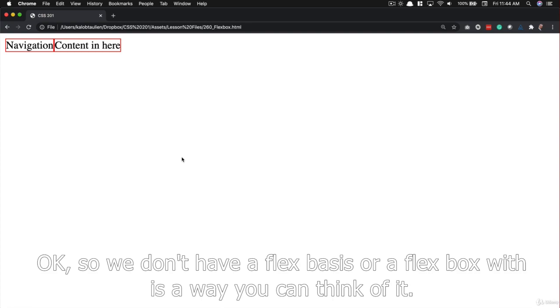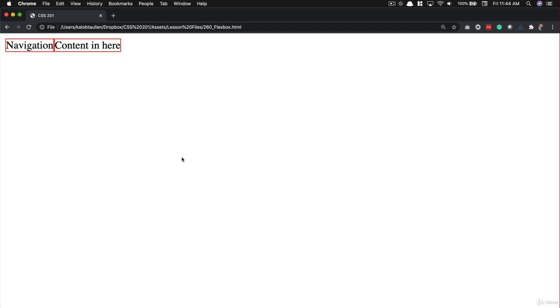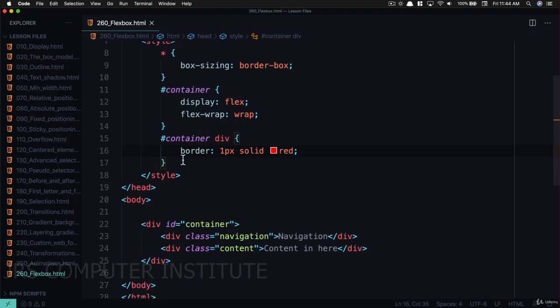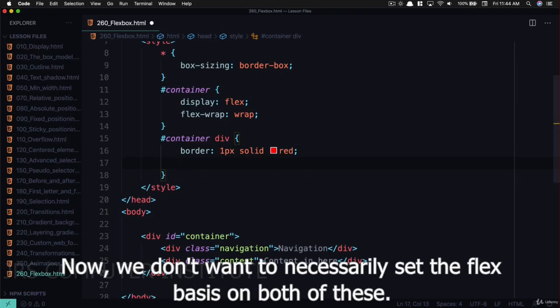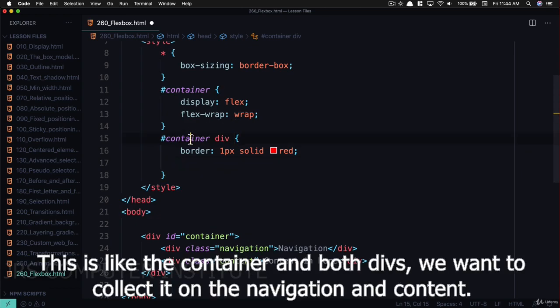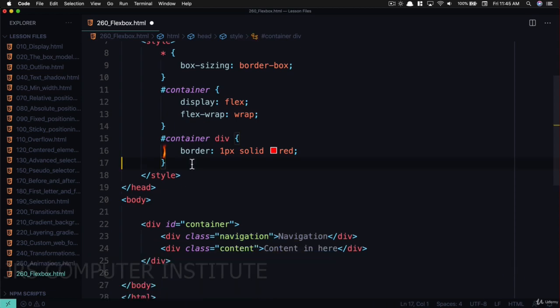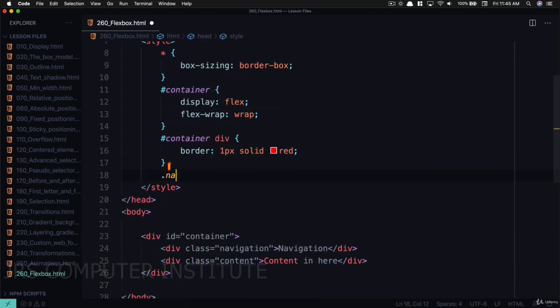Okay, so we don't have a flex basis or a flex box width, a way you can think of it. We need to set that width now. Now, we don't want to necessarily set the flex basis on both of these. This is selecting the container and both divs. We want to select it on the navigation and content. So let's go ahead and type